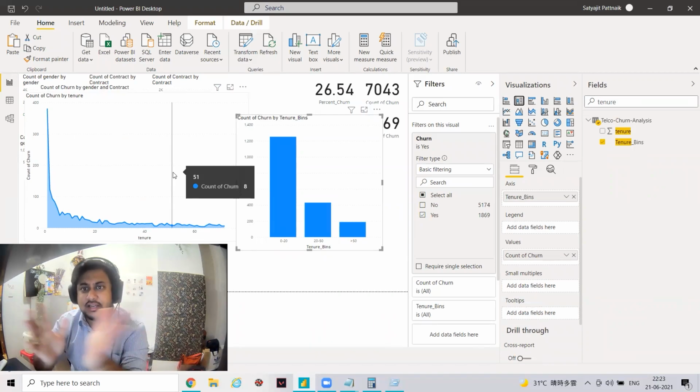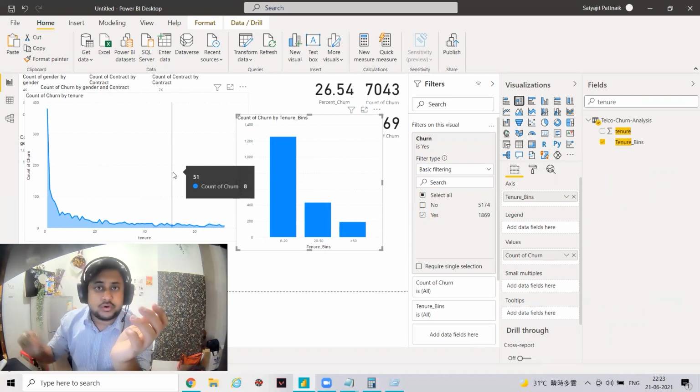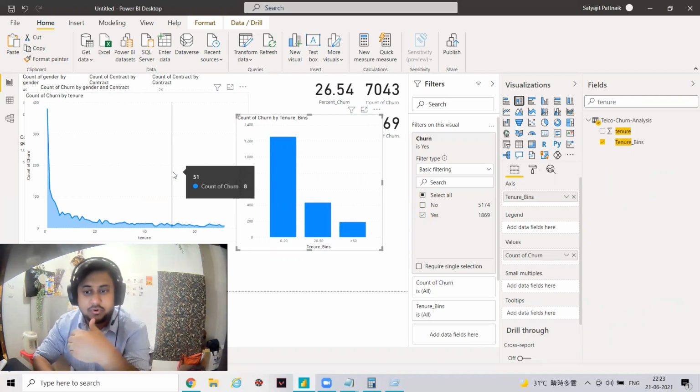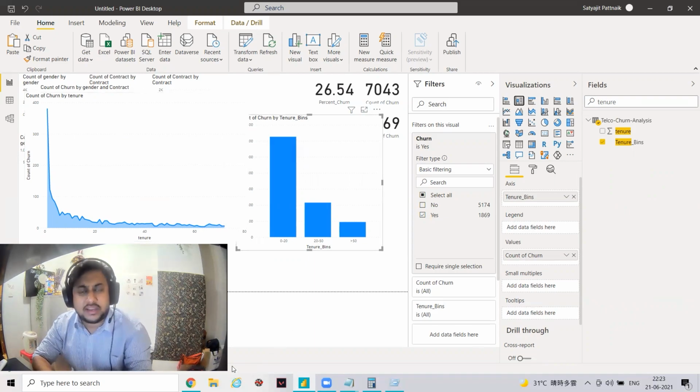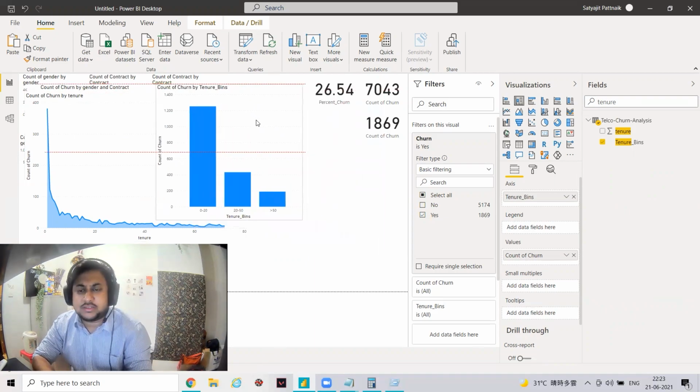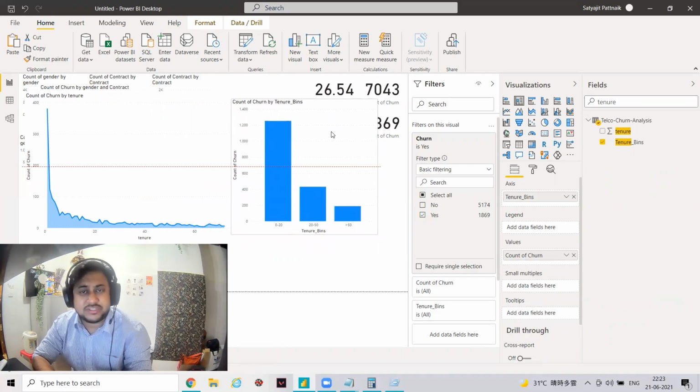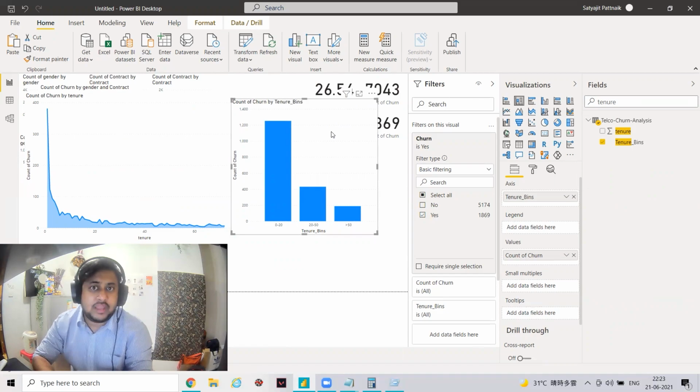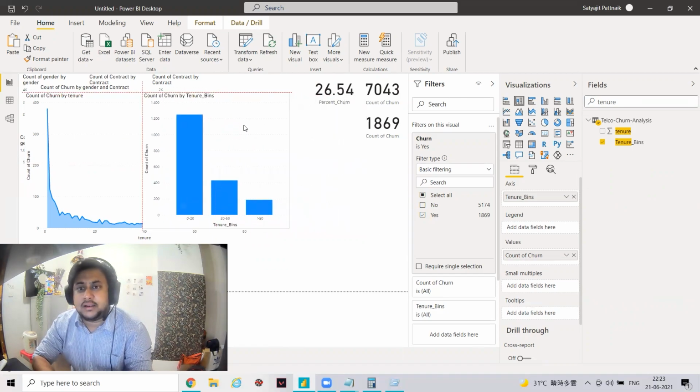And once your insights are created, then you just note down your insights, and using those insights, you can create your dashboard. So that is all about the EDA part. And in case you need anything specific that I missed out, let me know, and I'll probably have a video on that. And the next part is nothing but we will be creating the dashboard. I already have created a dashboard.